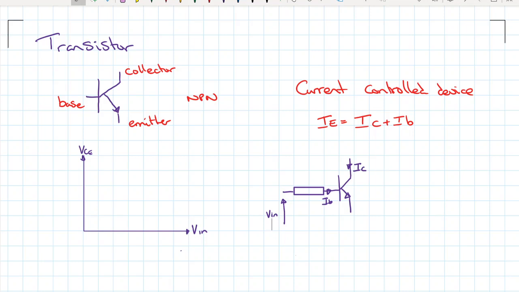Okay, in this video we look at transistors. We're going to concentrate on an NPN transistor. A transistor is a current control device. So the current flowing down here is a combination of the current here in the base and the collector. But there's another more important formula I'm going to show you in a minute that shows that it is a current control device. So just as a partial extract of a circuit here,